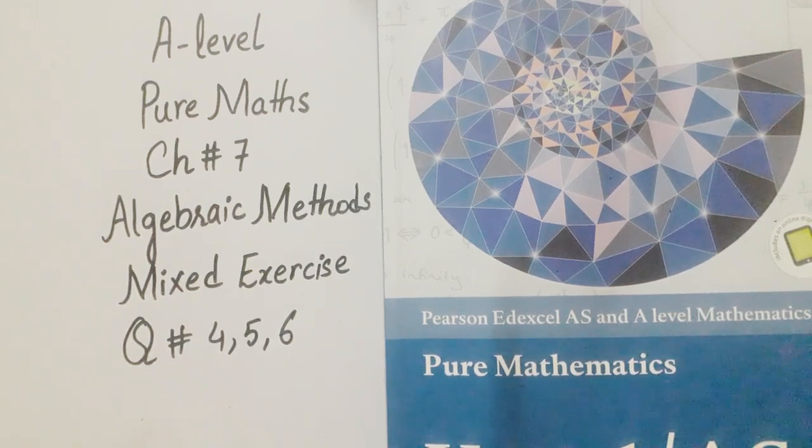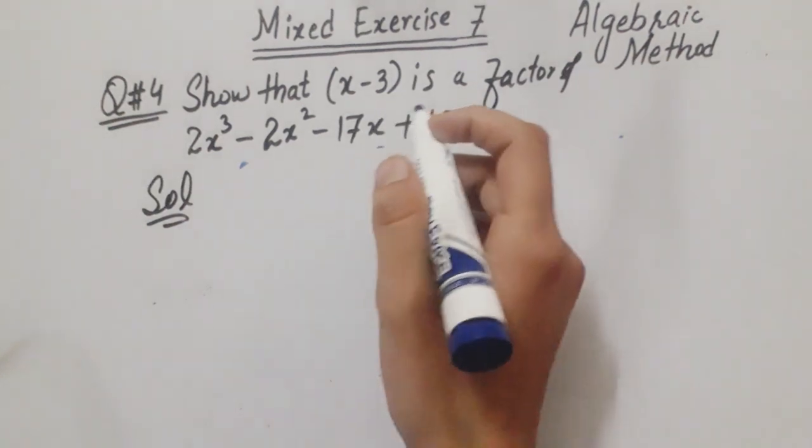In today's video, we will solve the mixed exercise from Chapter 7, Algebraic Methods, A Level Pure Maths, questions number 4, 5 and 6. Now we will start today's lecture. Question number 4 is,